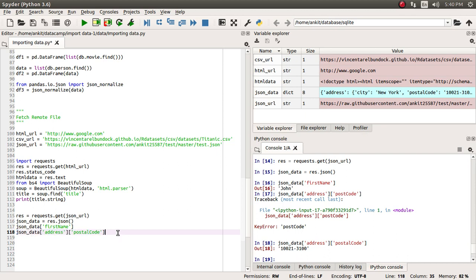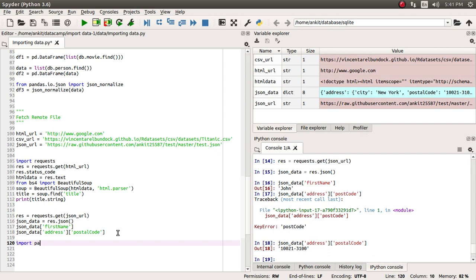Now let's fetch the last URL, which is nothing but the CSV URL. The CSV URL contains comma-separated file data, and it has a titanic.csv file. For that we are going to use the pandas library.